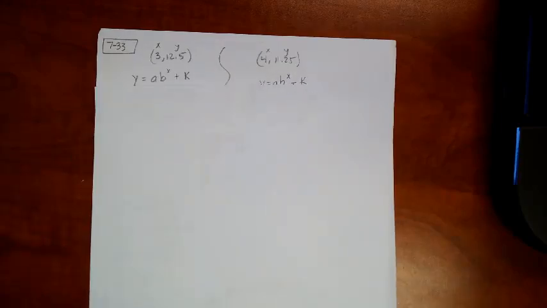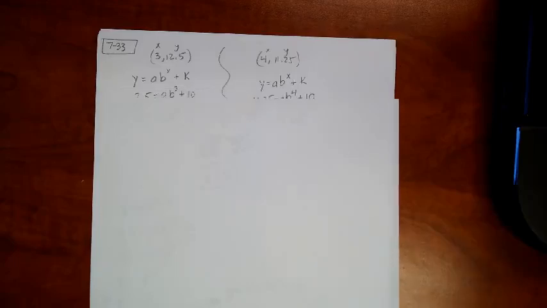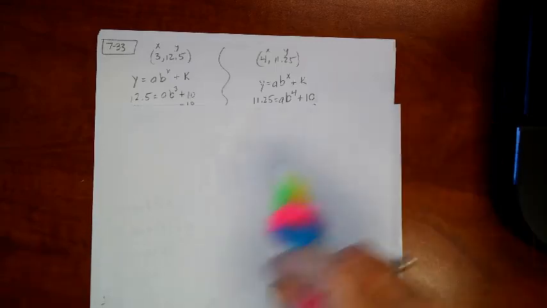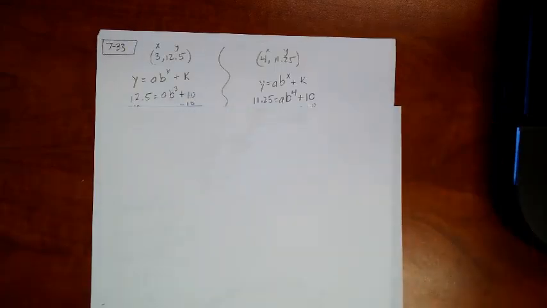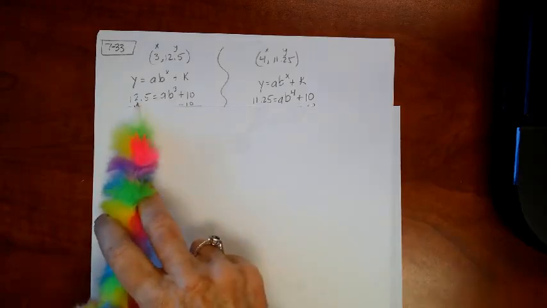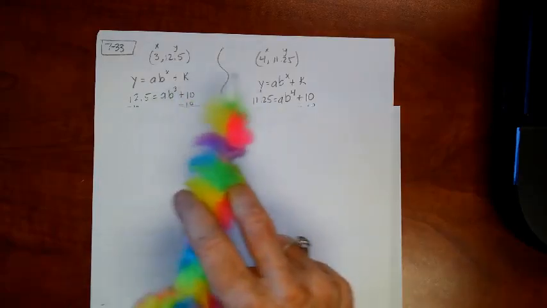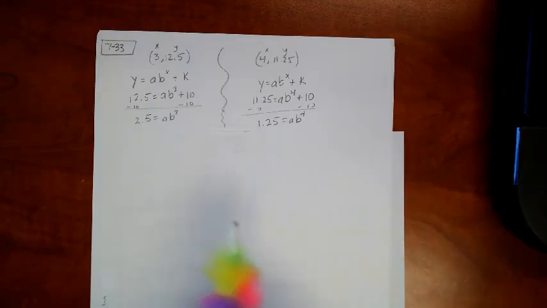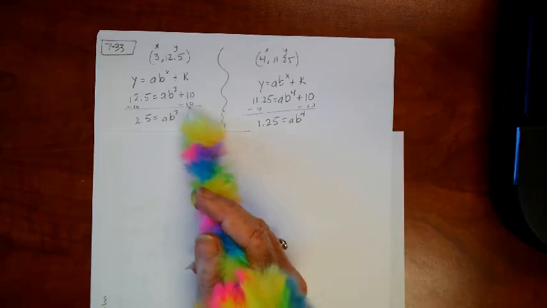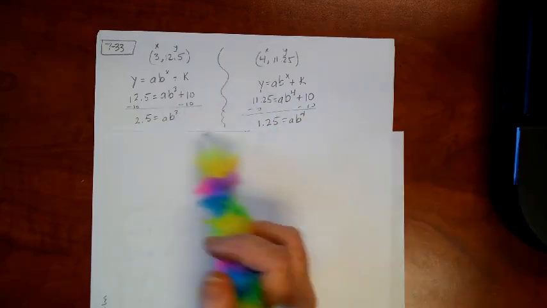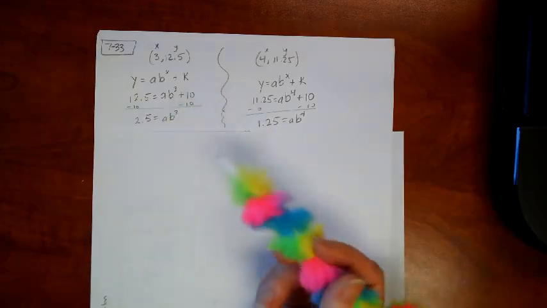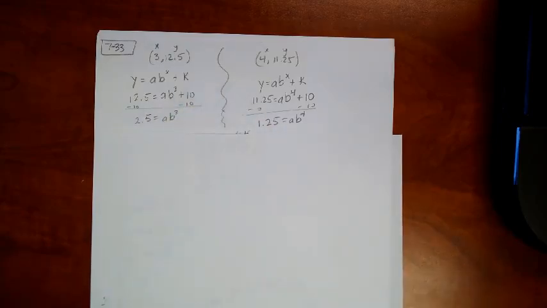So they told us y equals a times b to the x plus k is the form that we have, and they told us that k was 10, so we plugged in the 10. And then this is the same little procedure we've been doing where I plugged in x and y for both of these ordered pairs. I get a system of equations. I get these two equations. Notice that I had to subtract 10 from both sides before I did anything else. You want to get that 10 over there and combine like terms, and